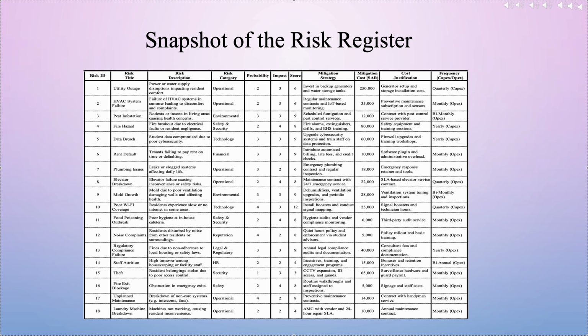Let's go through a few key examples to illustrate. Risk 1, utility outage. This is categorized as an operational risk. We have assessed its probability as 2 and impact as 3, resulting in a score of 6. Our mitigation strategy involves investing in backup generators and water storage tanks with an estimated cost of 250,000 AED, justified